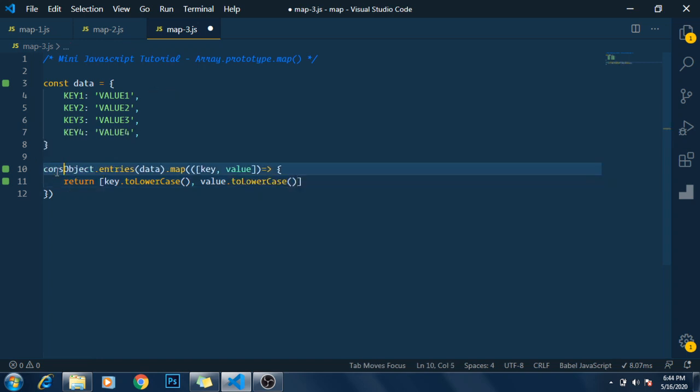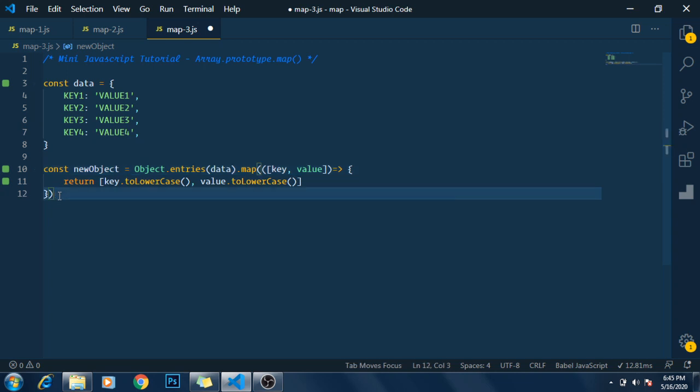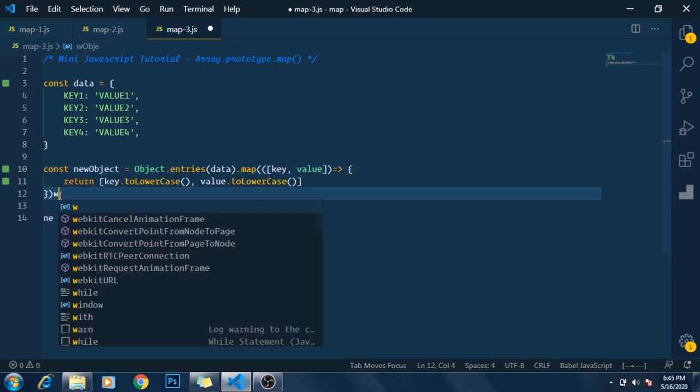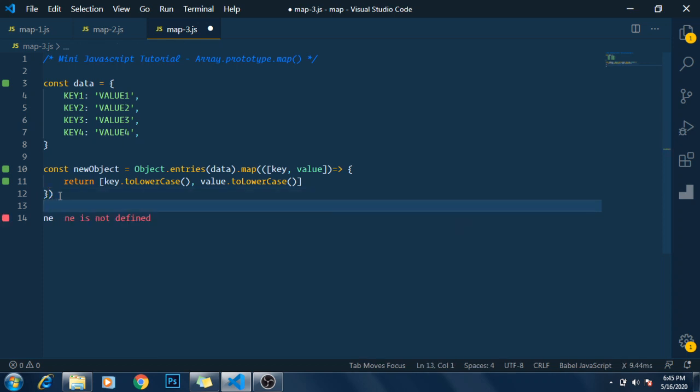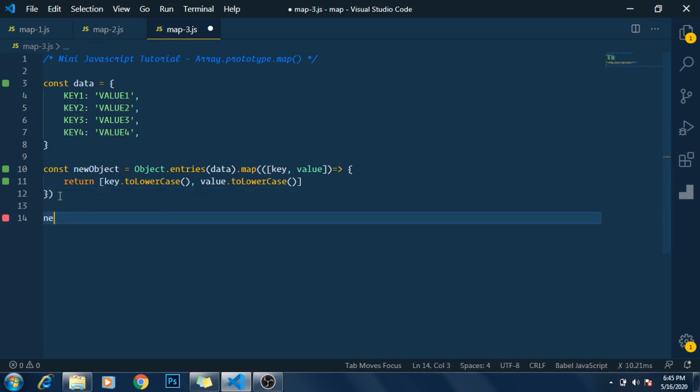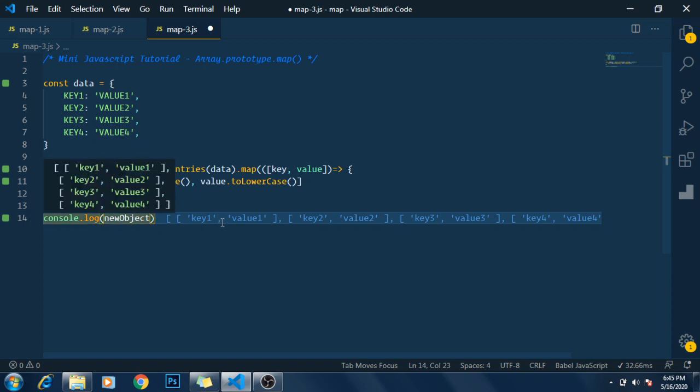I'll assign it to a new object. If I console log the new object, I can see I've got the key and value pairs, but right now they are an array of arrays.